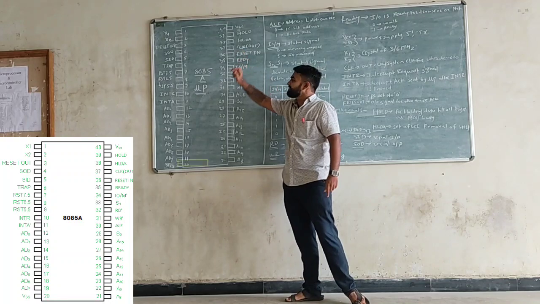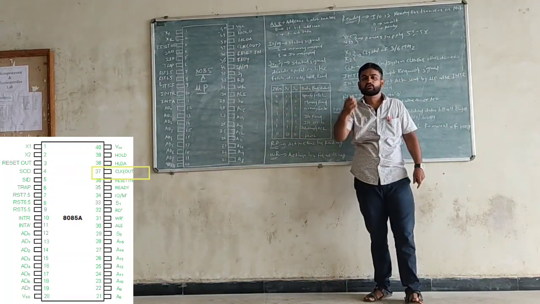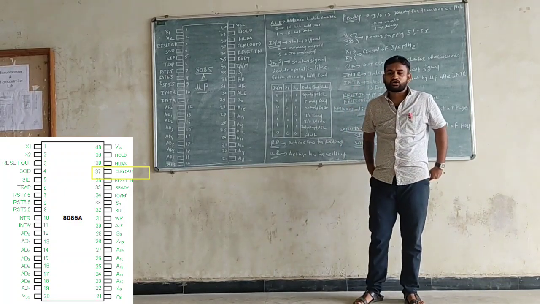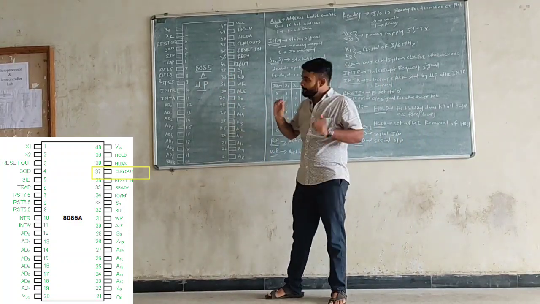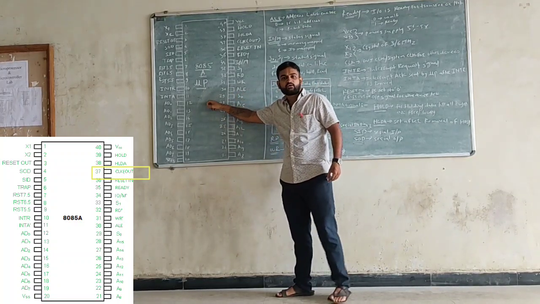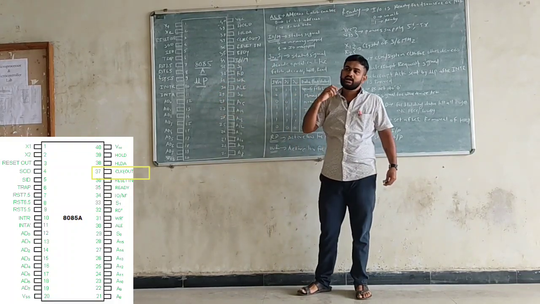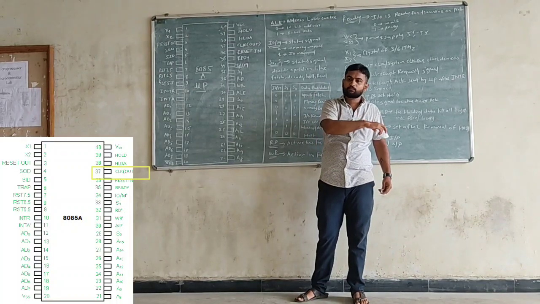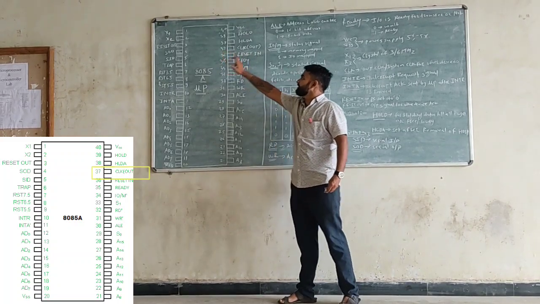Then we have the clock. As we know, every microprocessor, every microcontroller, every digital IC needs a clock frequency. Why do we need a clock frequency? To provide the internal clock to your system. Here the 8085 also has a crystal oscillator. But if we are interfacing some IO peripherals with the 8085, we have to provide the clock frequency to that IO peripheral. So how are we going to provide that? By generating a clock out. So pin number 37 is there for generating a